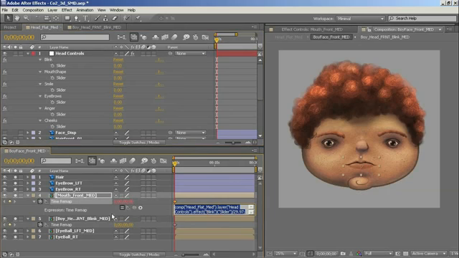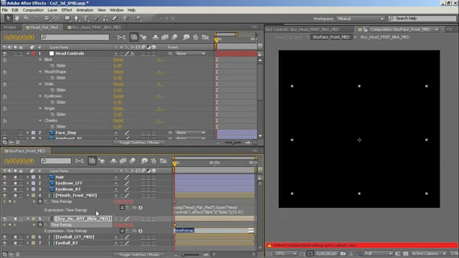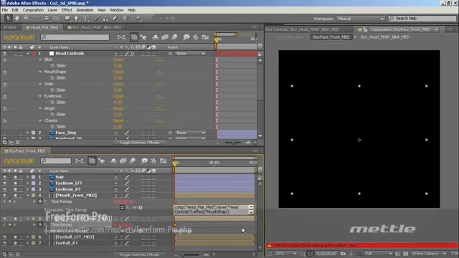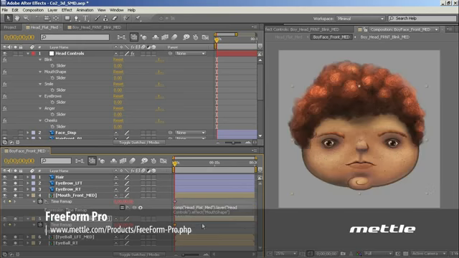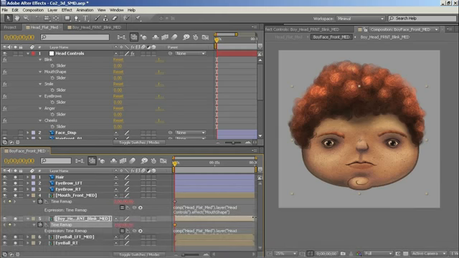Okay, so I will do this again. This is for, oh, that wasn't for blink, that should have been for mouth shape. So let's retype that, mouth shape. Okay, now this one, let's enable this, and this one is for blink. Slider divided by 29.97. Okay, perfect. So now let's have a look at what that does.